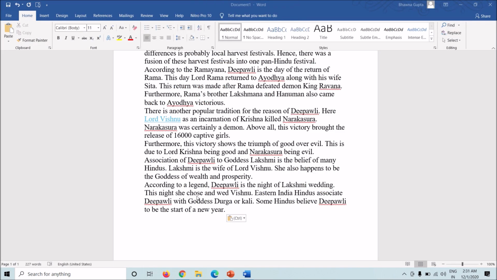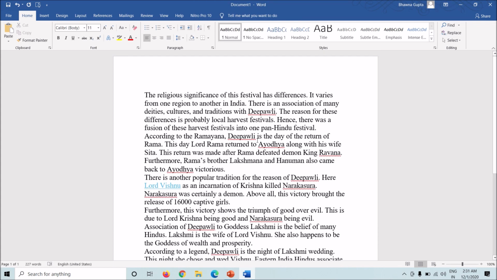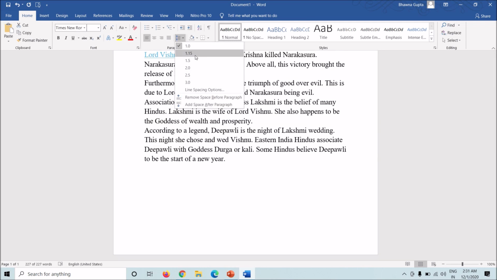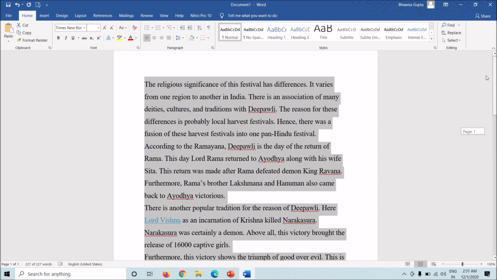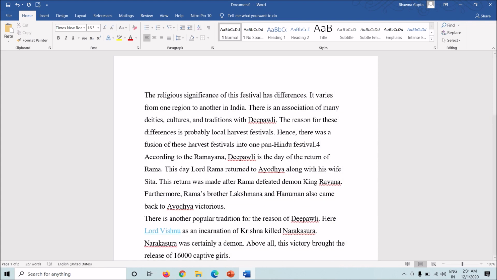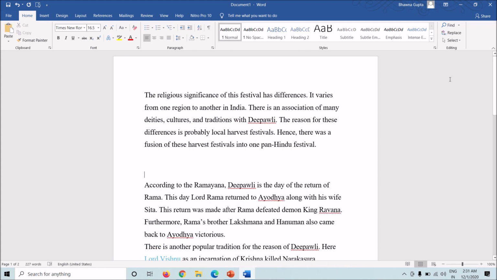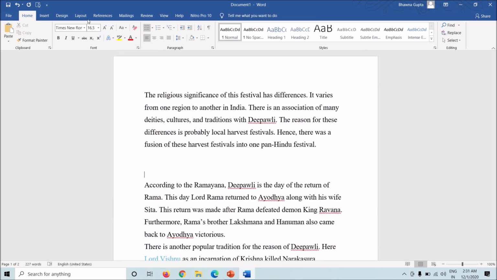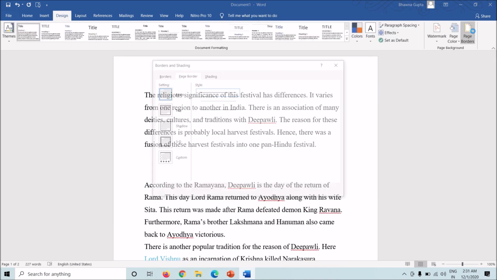Now the next part that I'm going to show you is a very interesting part in Word, which Google Docs definitely does not provide. For some of us, we need to add page color, or change the color of the page of a document. So how can we do it? That's the tricky part. If you want to change the page color of all the pages of your document, it becomes quite easy.